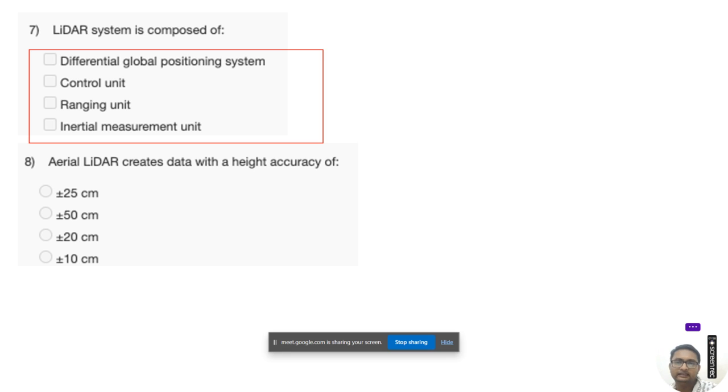So it contains all of the above. The control unit has a ranging unit, an IMU, meaning inertial measurement unit, which is already there in all types of aviation systems, and then GPS for accurate mapping, or georeferencing purposes. And then we have aerial lidar, which creates data with a height accuracy of